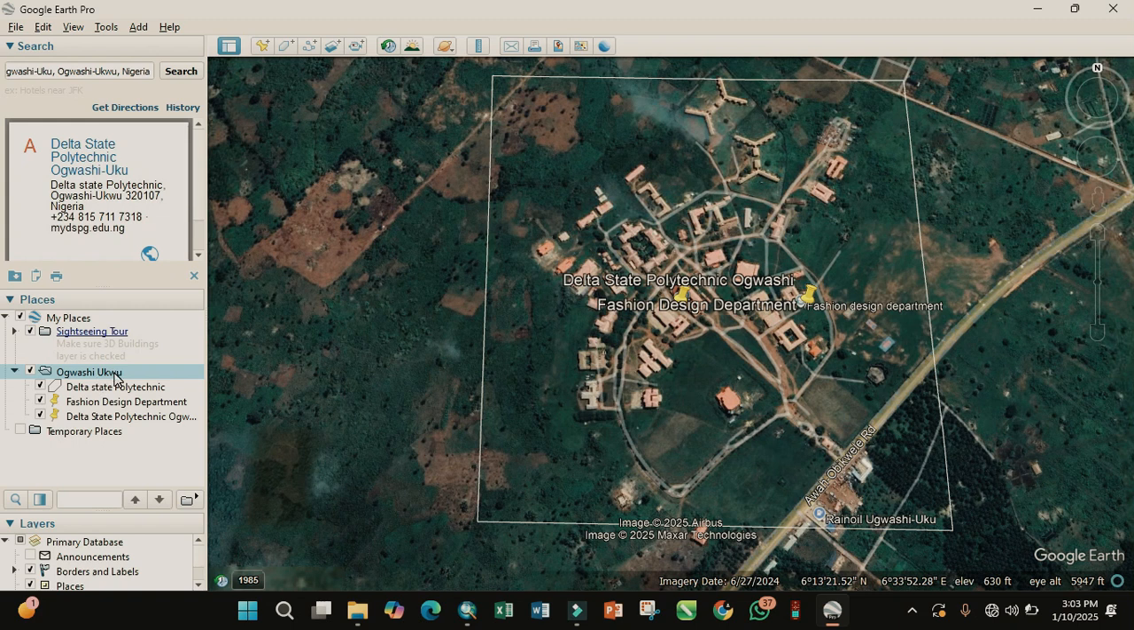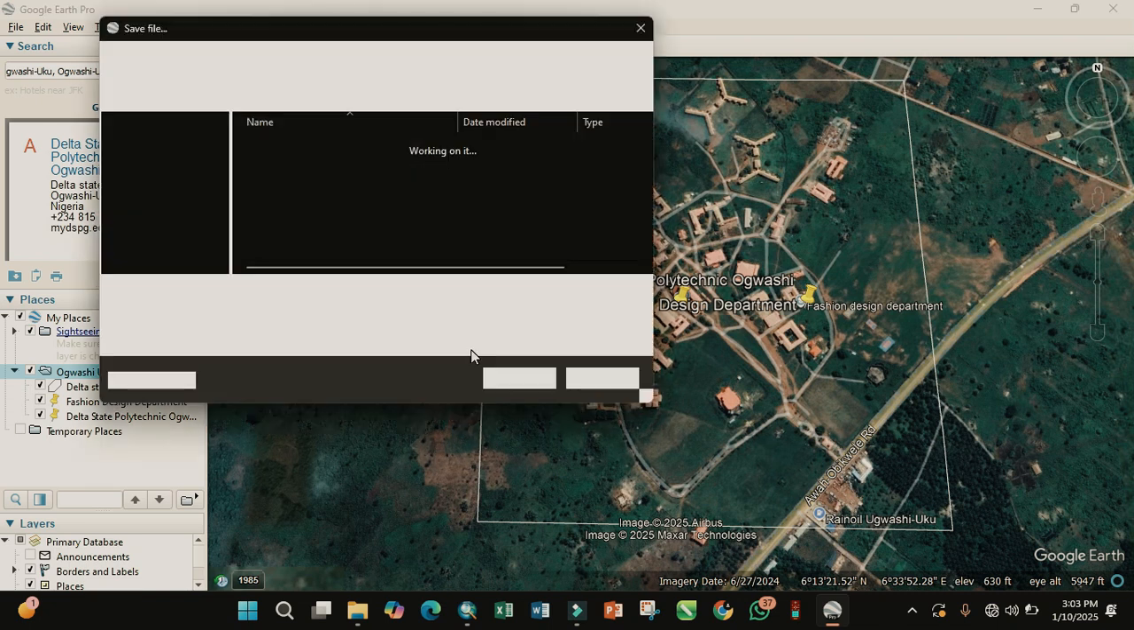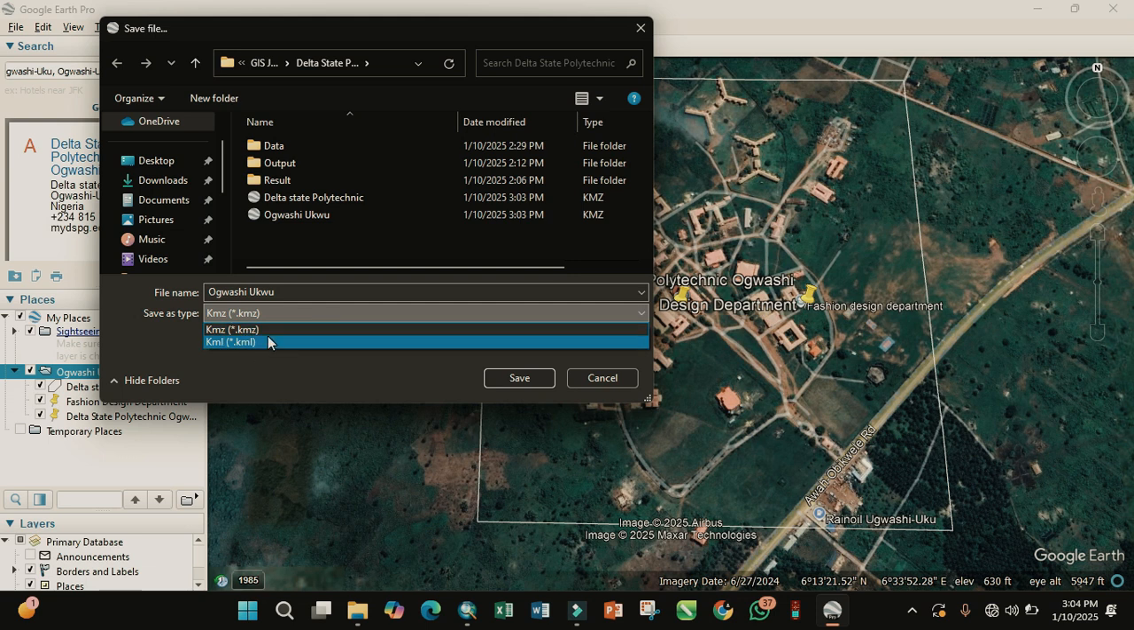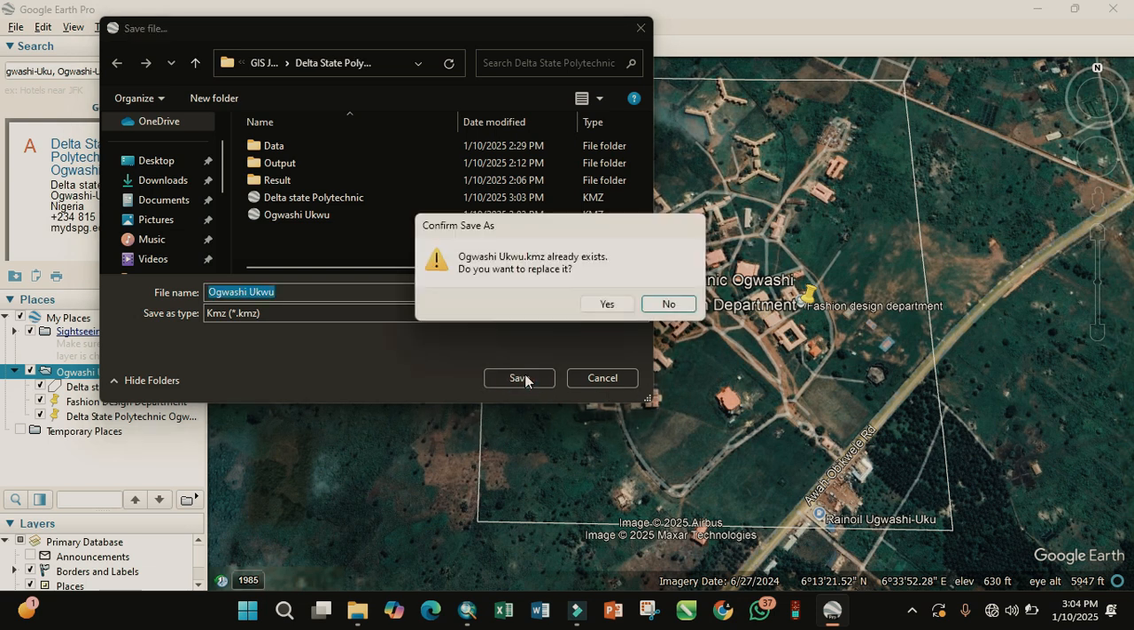The aim of doing this, let me show you. The aim of doing this is for us to take the layer here from Google Earth Pro to a layer that can be read. This layer, the KML file, you can see the save as type is KML or KMZ, either of which is the layer that ArcMap can interpret. So if you click on save,